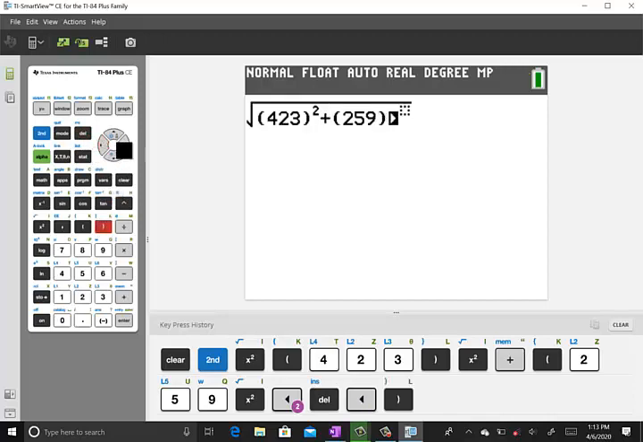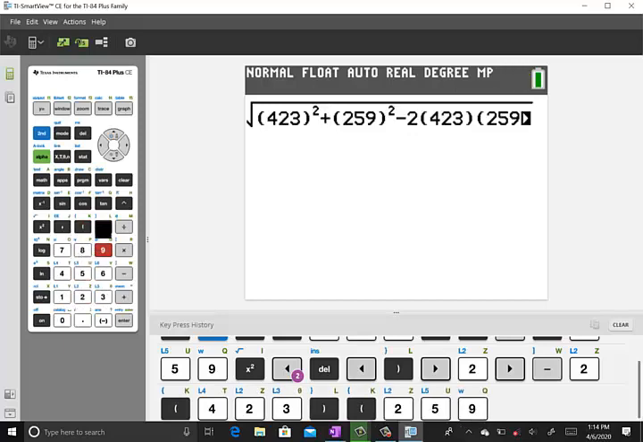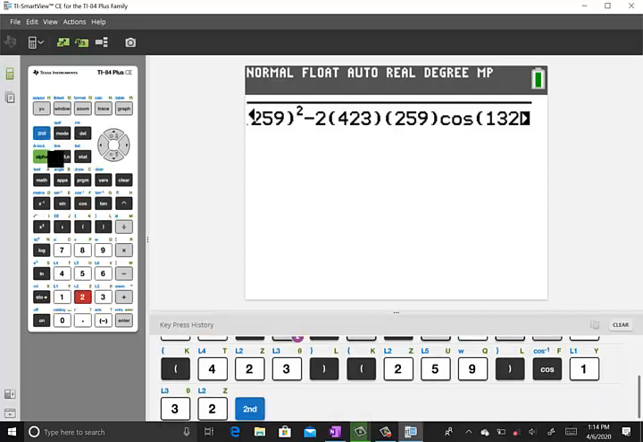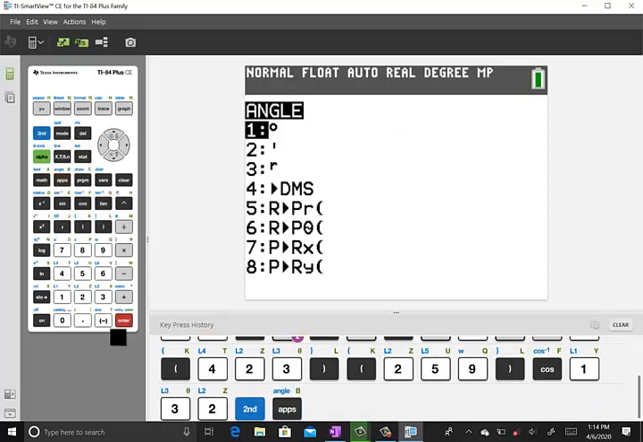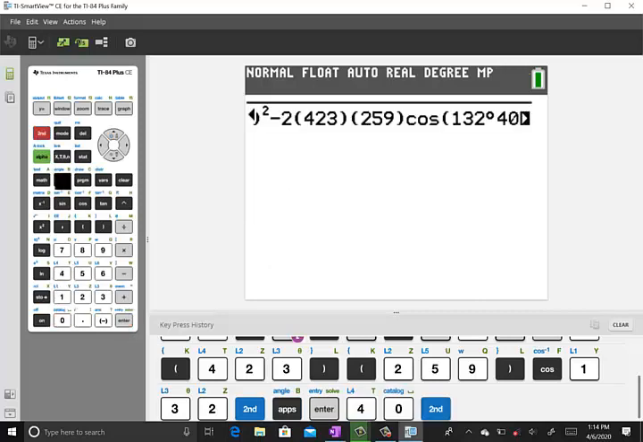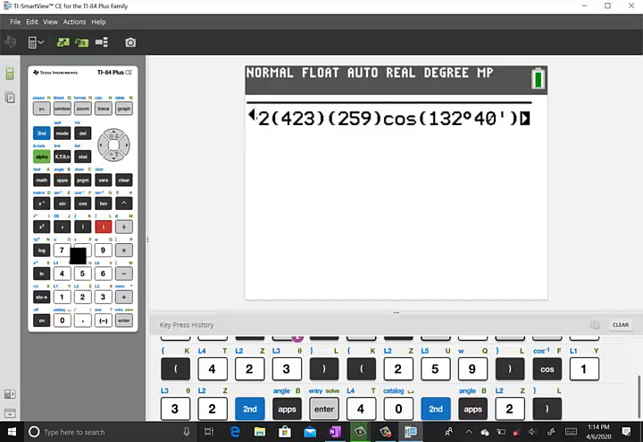Technically, it won't change it, but I want it to be exact. That's what we have. And then minus 2 times a, which is 423, times b, which is 259, and then cosine c, which is 132 degrees. So second apps, enter, 40 minutes, so 40, second apps, number 2, close out those parentheses,